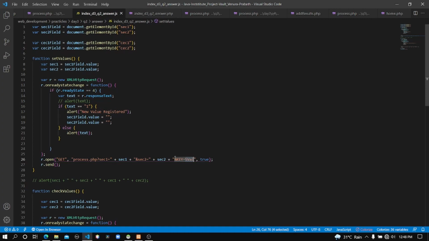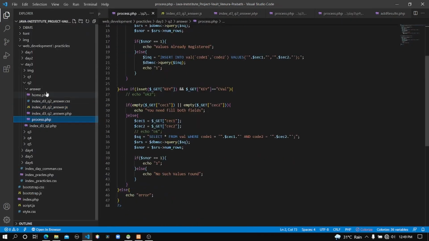So those three details will be sent to the server side, and after that I command the object to send the request. If this line of code is executed, the details will be requested to the server side. Okay, now let's go to the server side file.